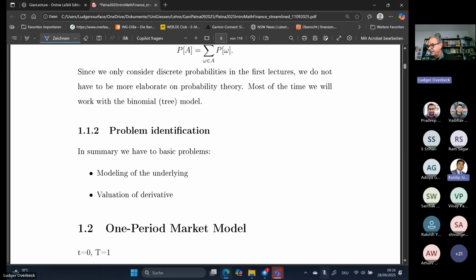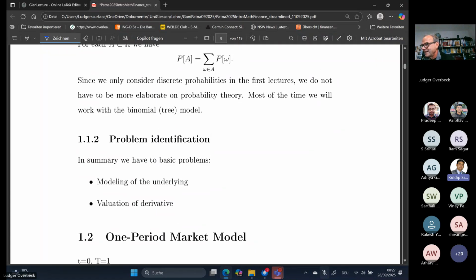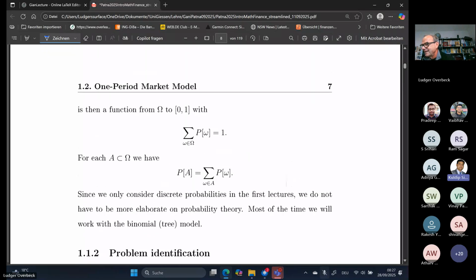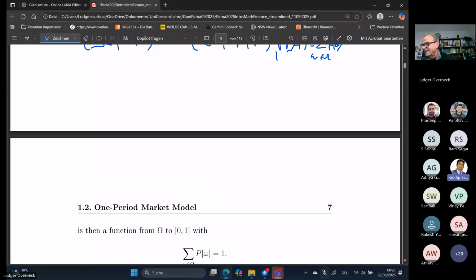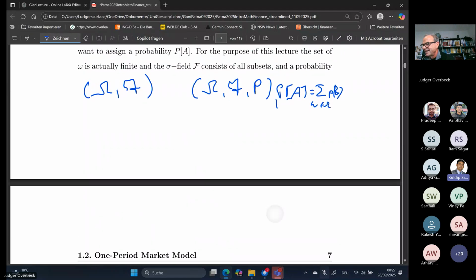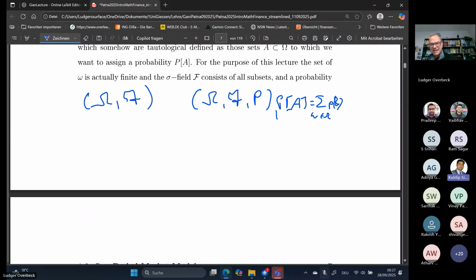Sir, sorry to interrupt you, I have one query. In the last slide, you discussed this filtration and probability space. What is a good resource to read? Can you please tell the participants? I know it's present in the book by Steven Shreve, but can you suggest some good resource to read all these concepts about sigma field and probability space? Any general book?